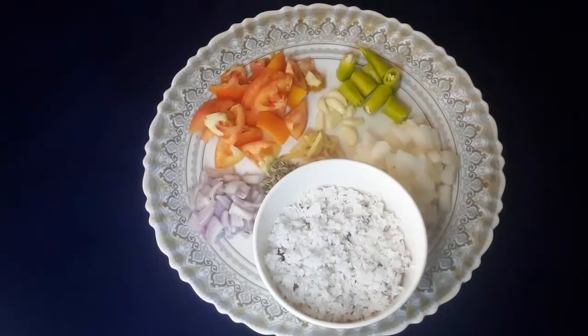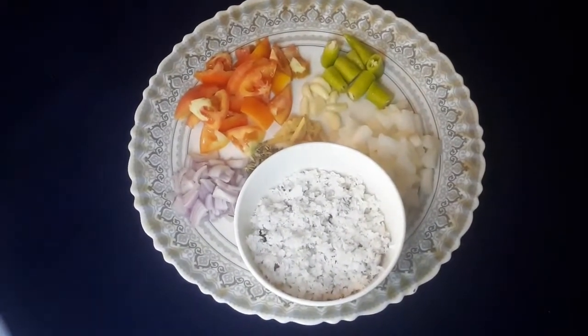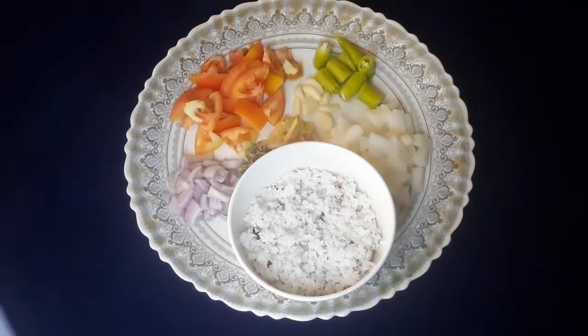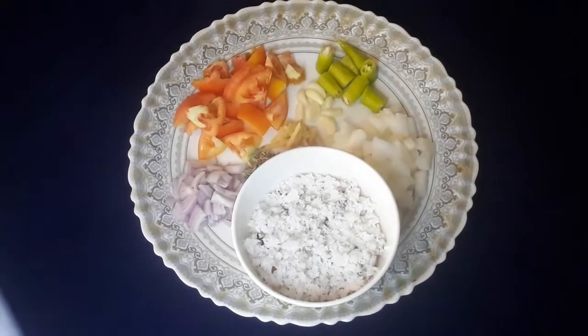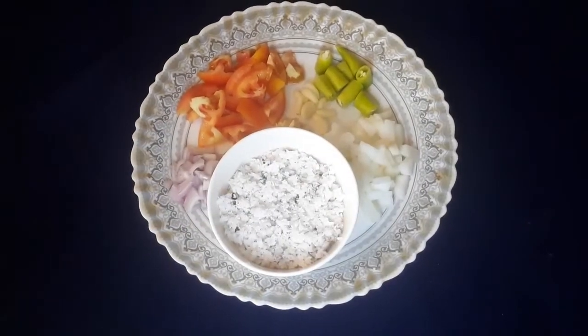Today we're going to make scrambled egg, cucumber, coconut stew. The ingredients are